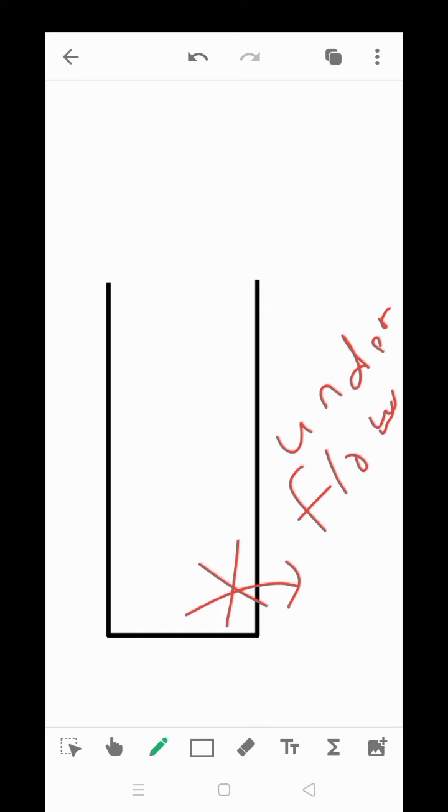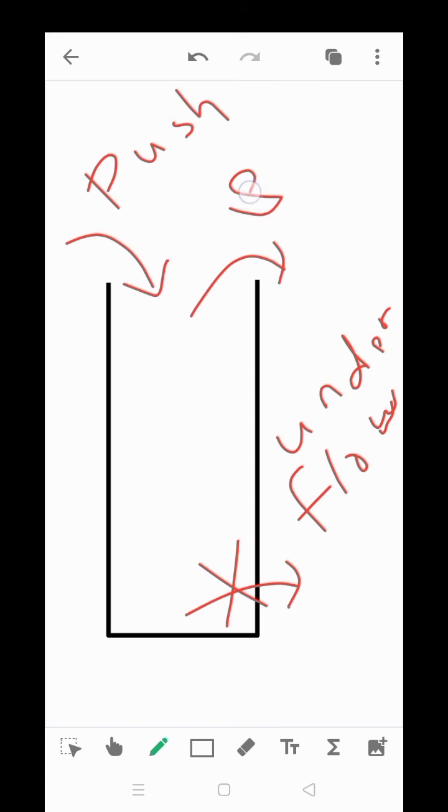So there are two methods. If we insert an element, it is called push. If we remove an element, it is called pop.